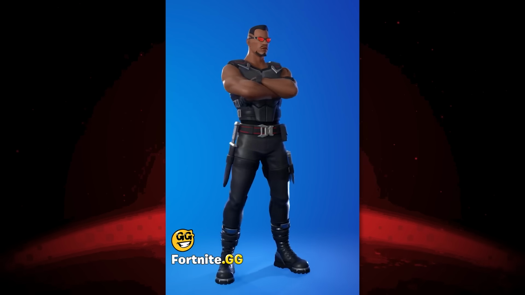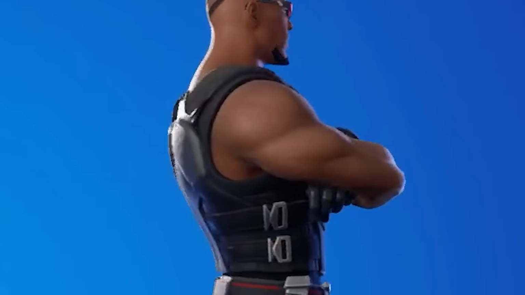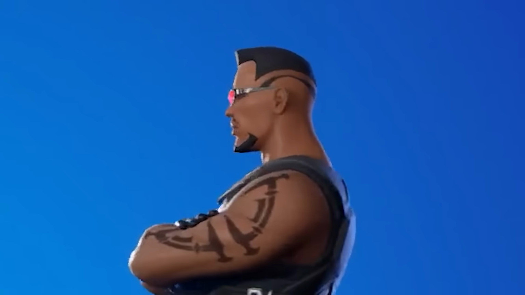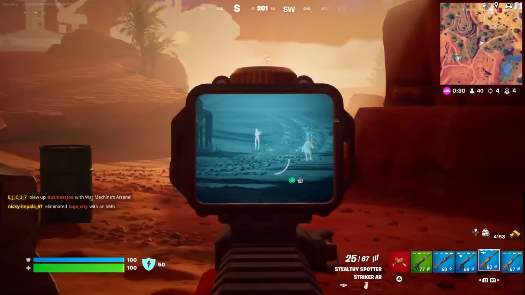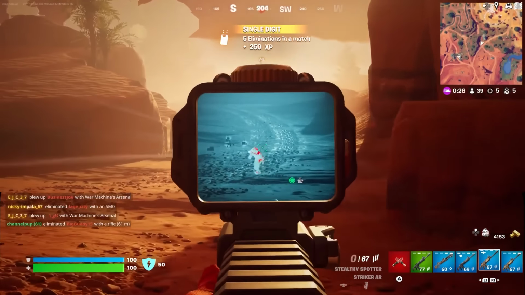And we've got Blade here, complete with his flat top hairstyle, his red sunny glasses, his black tactical armor with red accents, and they've done a really nice job at bringing this to life. He's also got the V-shape cut into the back of his hair and his tattoos. He's armed to the teeth, he's got lots of buckles, looks very heavy duty. Yeah, this is a good look for Blade, but it's nowhere near as good as the alternate skin, which adds